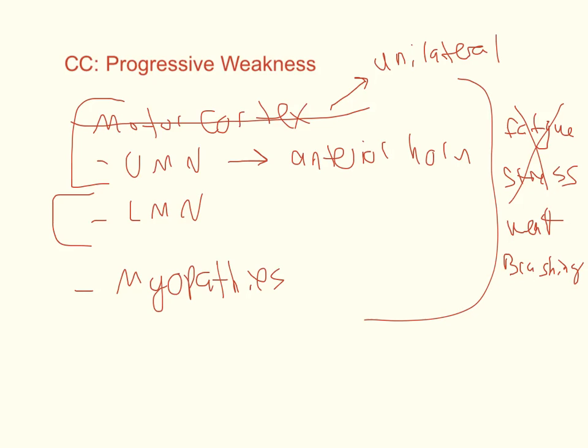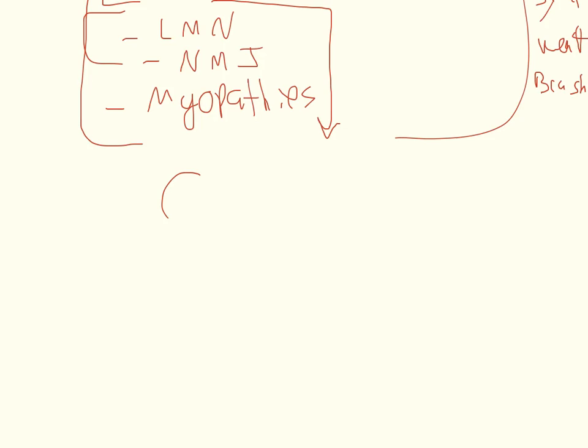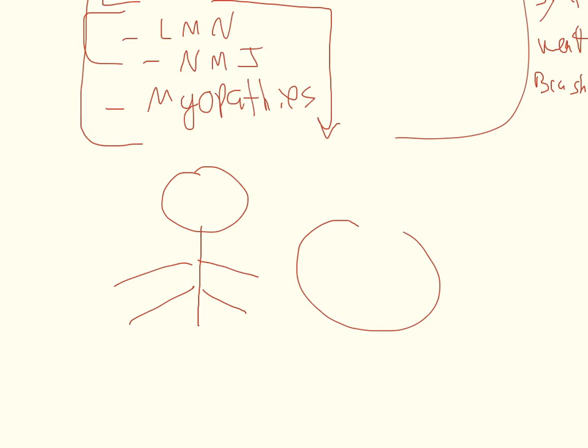The next thing we want to do, can we scratch off anything else? So how do you distinguish upper motor neuron, lower motor neuron, and myopathy? And before I go into that, with myopathy, you might include the neuromuscular junction, because that's part of the pathway for motor movement. So the way we're going to do this, anything from here and below is going to have different symptoms for reflex. So if you remember, we'll take a look really quick. If we have our brain here, and then our spinal cord, and then our peripheral nerves from the anterior horn coming out, what happens is, if we take a look at the spinal cord in a section,